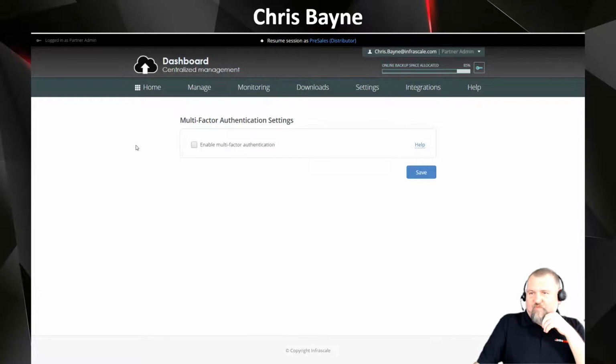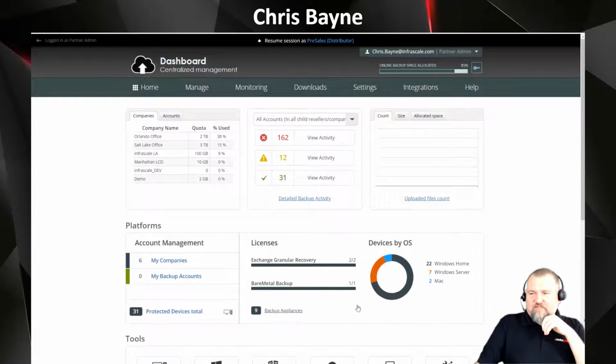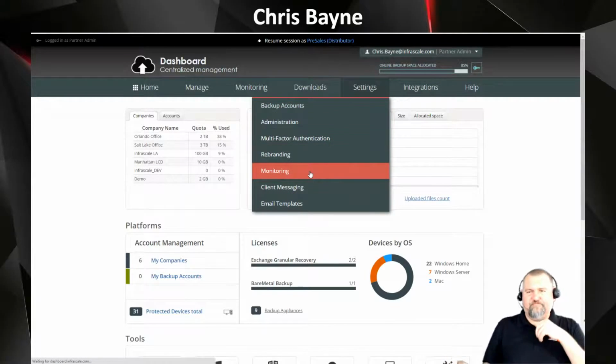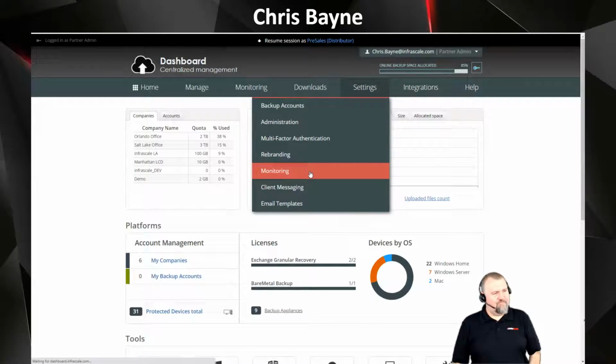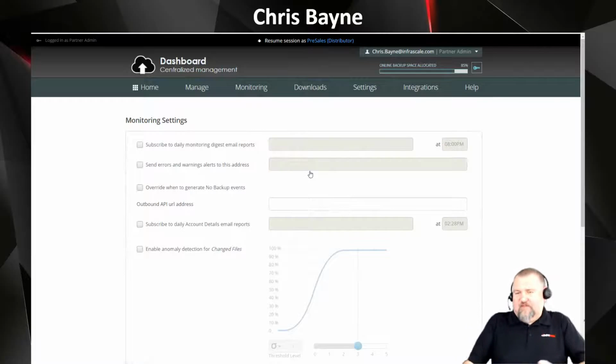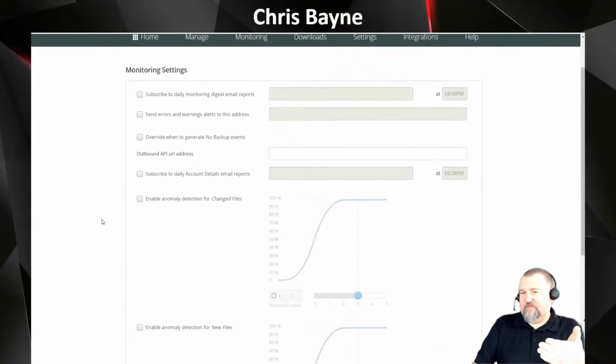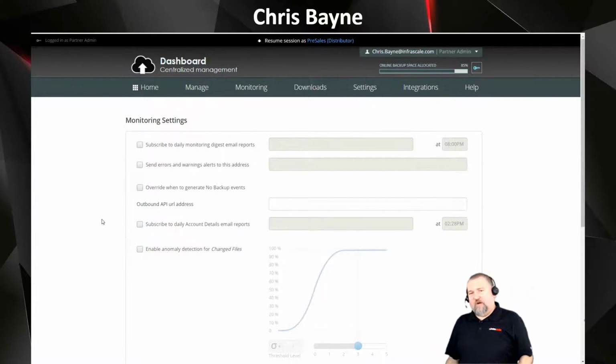Now, with that being said, one thing that I think is awesome is if we take a look here, we can see that we're at a partner and there's different companies underneath us. If I come in here and I go to Settings, Monitoring, I can see that monitoring is not currently enabled at this partner level. Now I can enable it at the partner level. So if you wanted to get monitoring on all the companies that are underneath you, plus yourself, you can easily